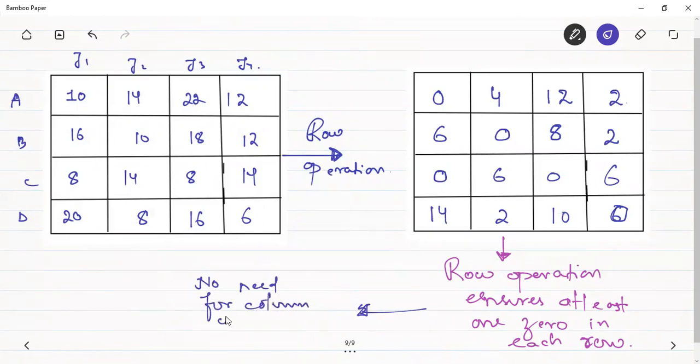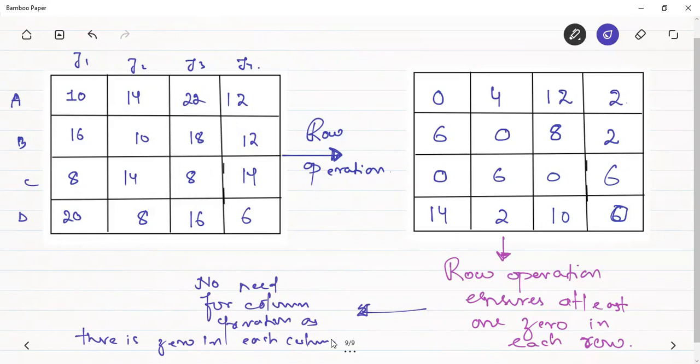Okay, so here after the row operation, no need for column operation, as there is at least 1 0 in each column। Okay, so suppose किसी कॉलम में 0 नहीं आता, तो आप क्या करते? उस कॉलम पे आप क्या करते? कॉलम ऑपरेशन करते, so that you will get another matrix which is the reduced matrix second।